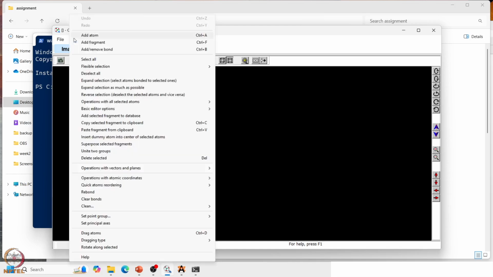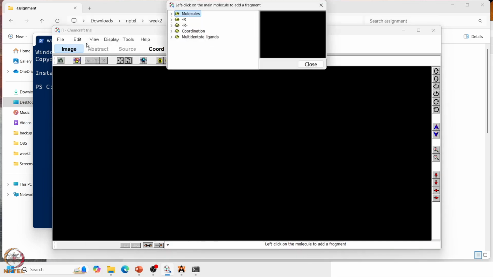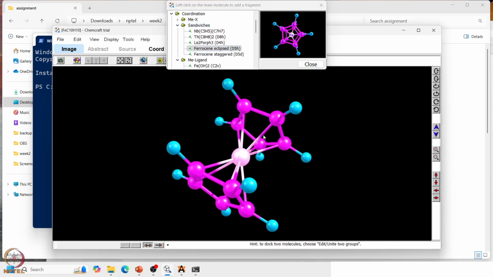From the edit option, I have to go to add fragments, and here you can find many options. I will go to coordination, metal ligands, sandwiches. In the sandwiches, I will see the option ferrocene. And there are two configurations, ferrocene staggered and eclipsed. You have created it in group theory. So we are going to use the ferrocene eclipsed, which has a D5h symmetry, and this is how it will